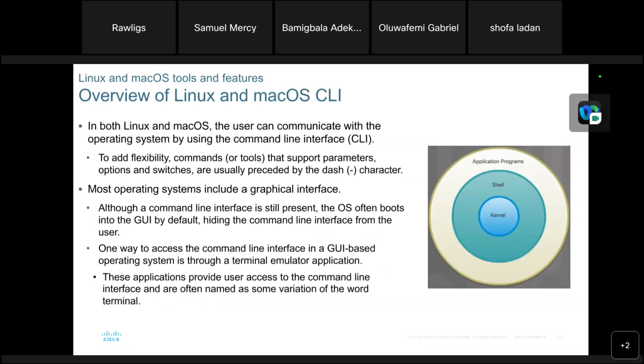So in both Linux and Mac OS, the user can communicate with the operating system by using the command line interface, which is the CLI. To add flexibility, commands or tools that support parameters, options, and switches are usually preceded by the dash character. So most operating systems include